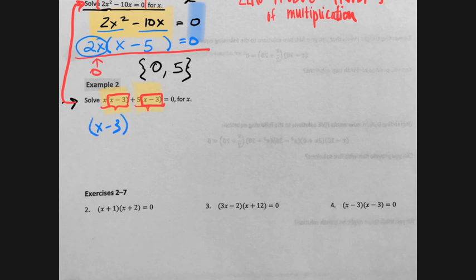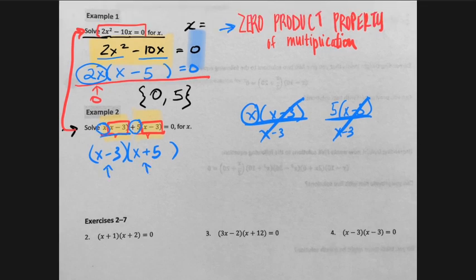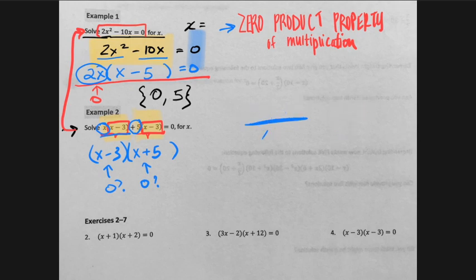So just like I pulled out the 2x in the example above, I'm going to pull out the x minus 3 as the factor. Now, when I take each term and divide it by x minus 3, you're going to be left with x in the first one, and positive 5 in the second one. And then we know from the zero product property of multiplication that one of these terms has to be a 0. We just don't know which one it is right now. So let's go ahead and try to find